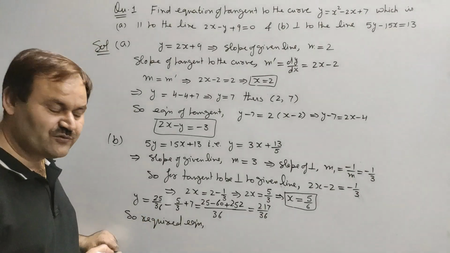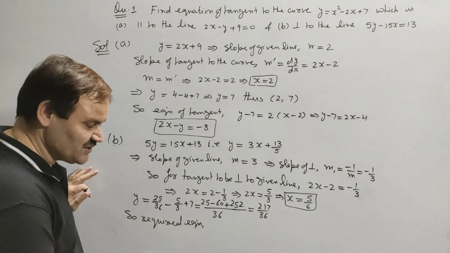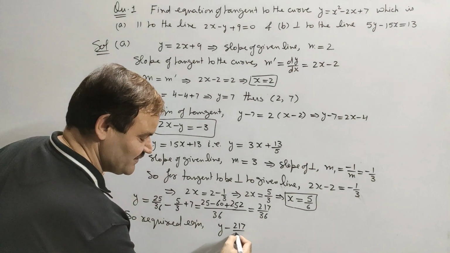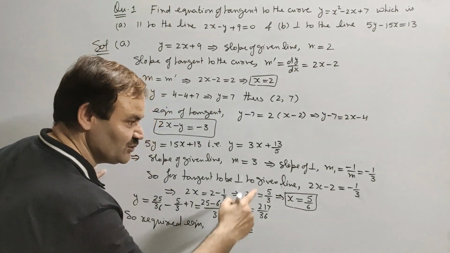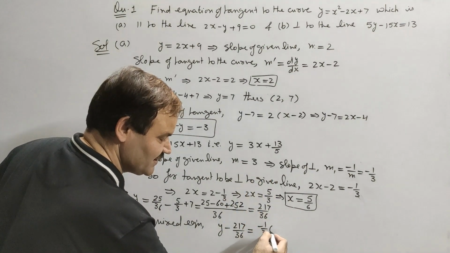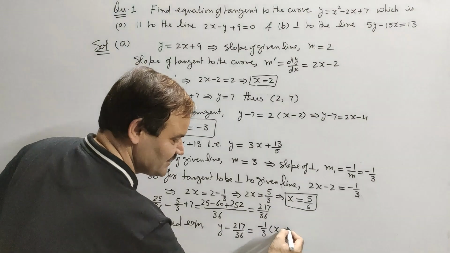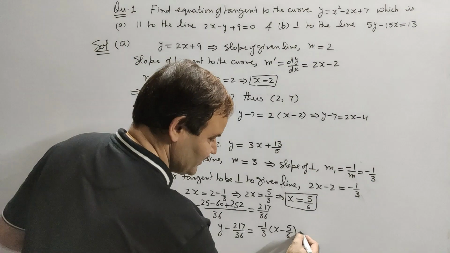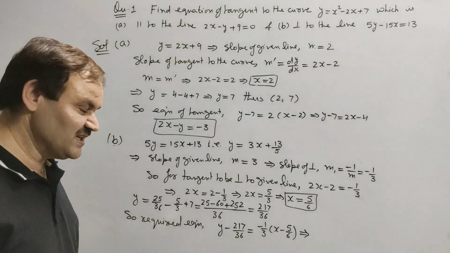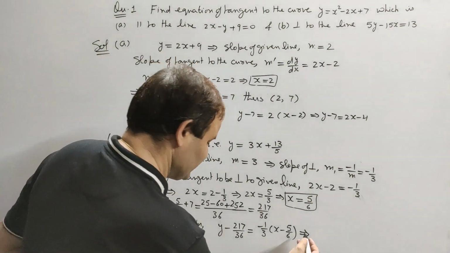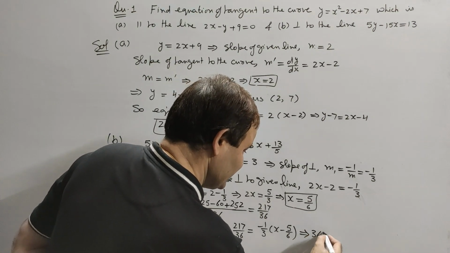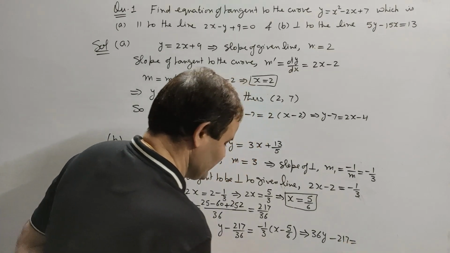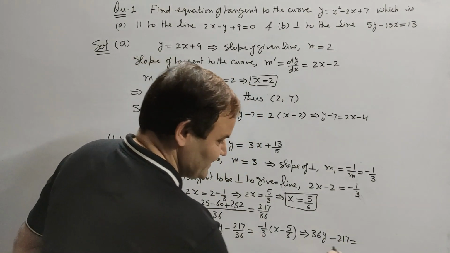So by slope point form, the required equation will be y minus y1, 217 by 36, is equal to slope, minus 1 by 3, into x minus x1, that is 5 by 6. Here y and x are current coordinates used to form the equation. If we multiply both sides by 36, it will become 36y minus 217 is equal to minus 12x,